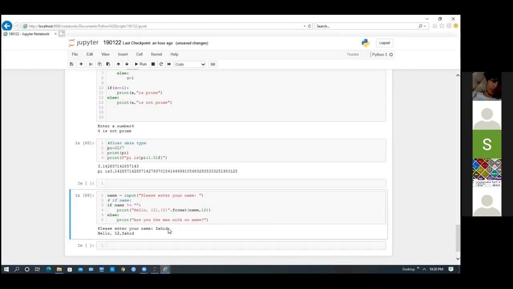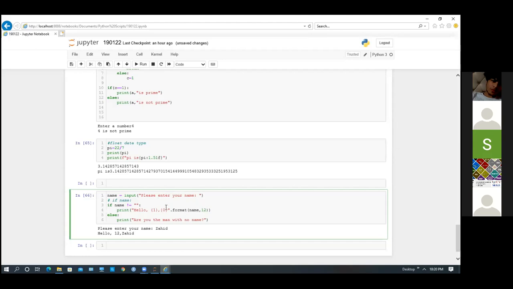Okay, see, it's coming "hello Zaid 12". Why is it coming like 12 comma Zaid? Because of what is inside this. If I write like this, 1 and 0, inside dot format, whatever values we give, we can replace them based on the index inside my string. So name is 0 and 12 is 1.